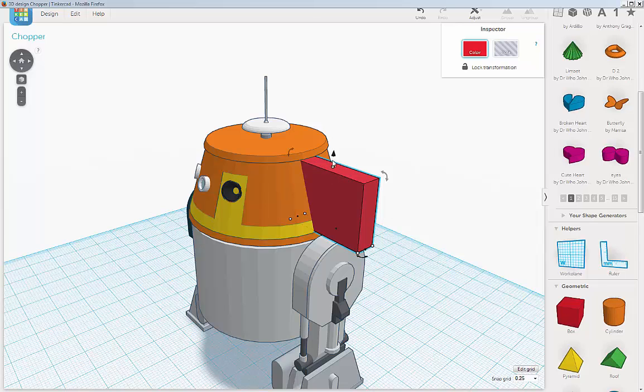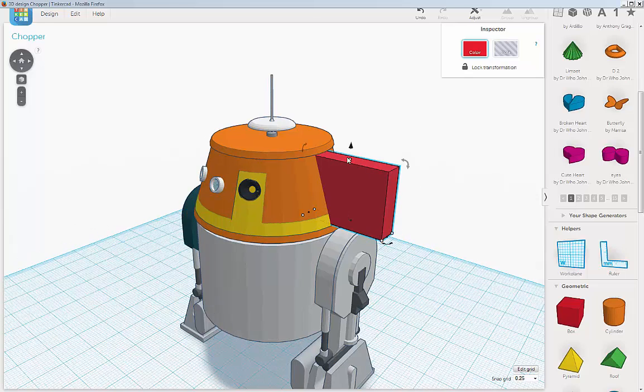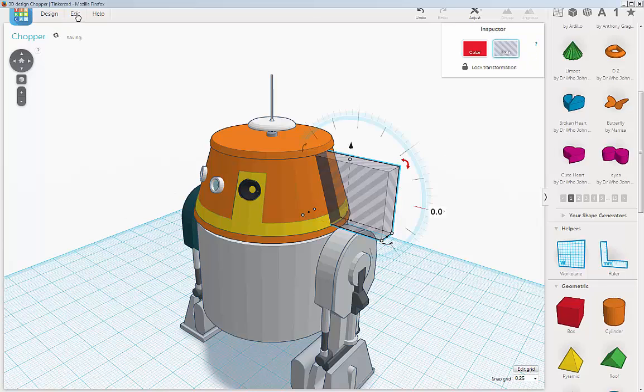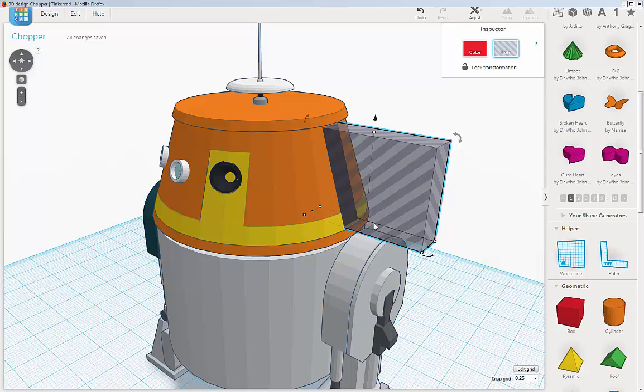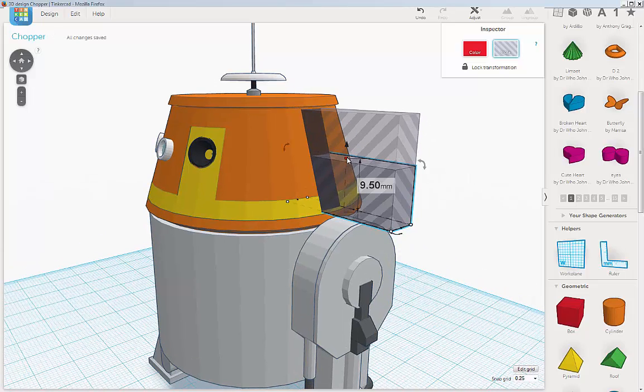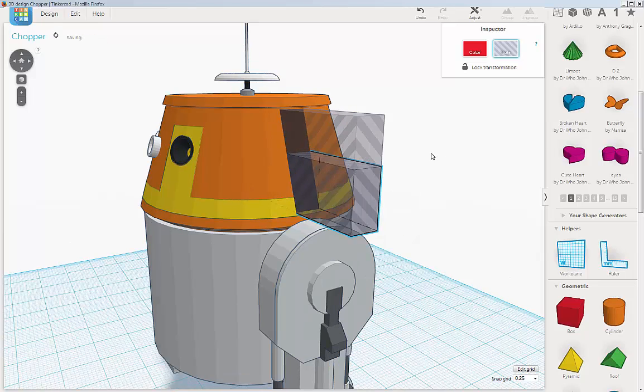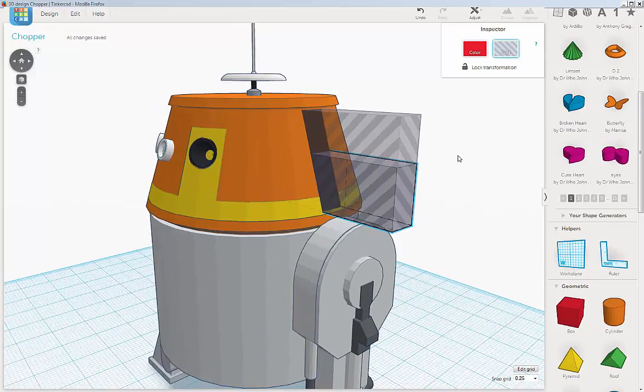We're going to make a copy. First, we're going to make that a hole. We're going to edit, duplicate, and I'm going to take that, I'm going to move it down about half, maybe just a little bit higher. Okay, so that's a clear 10. All right,